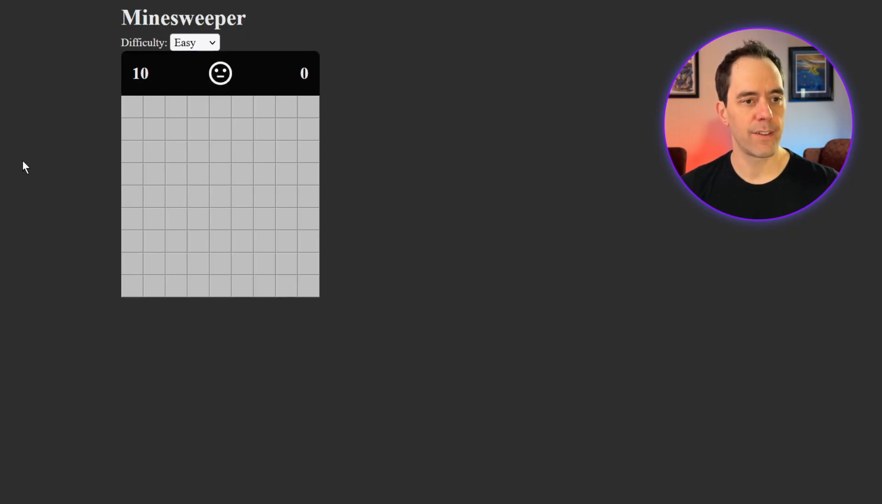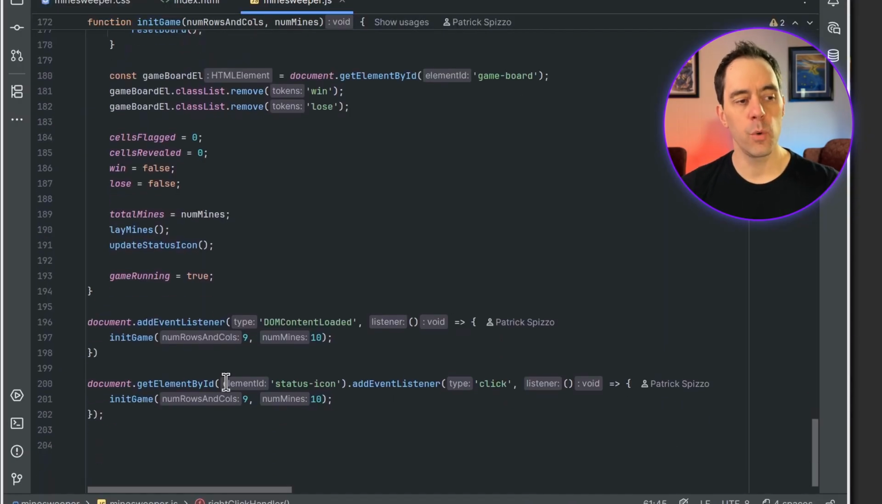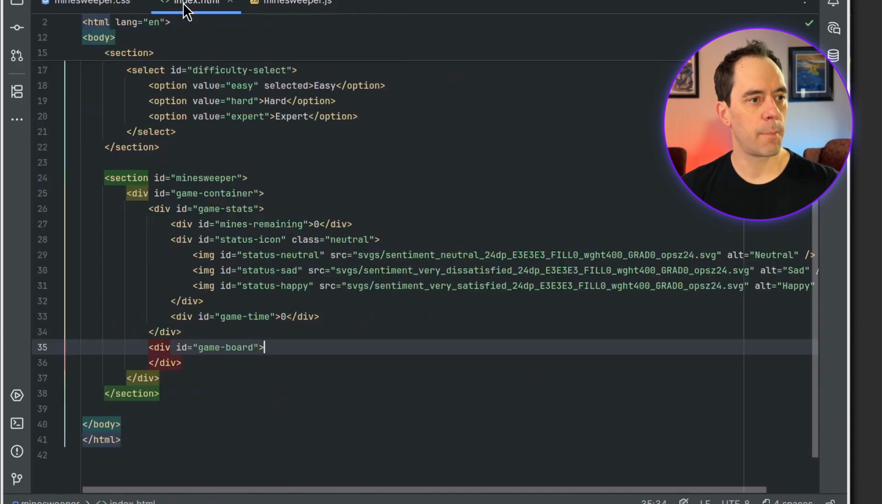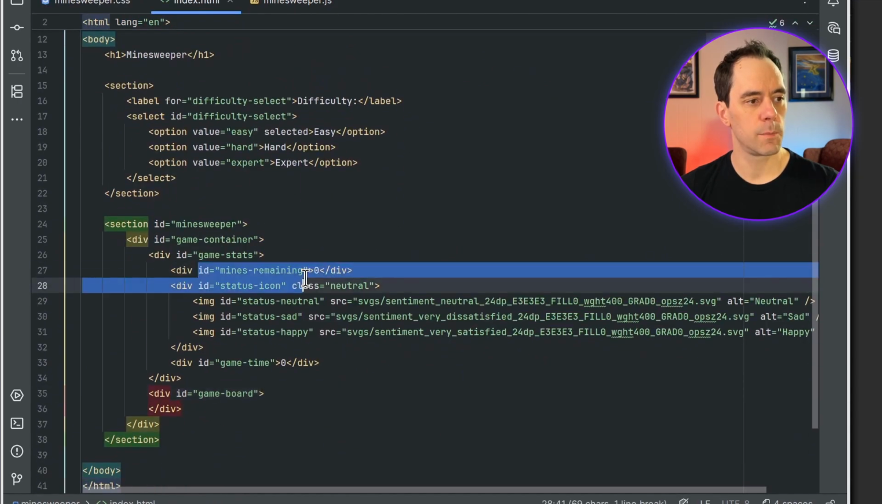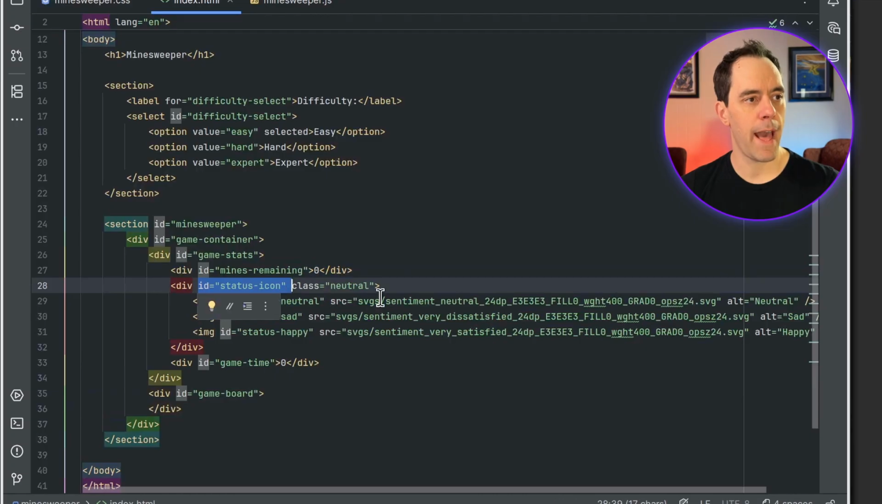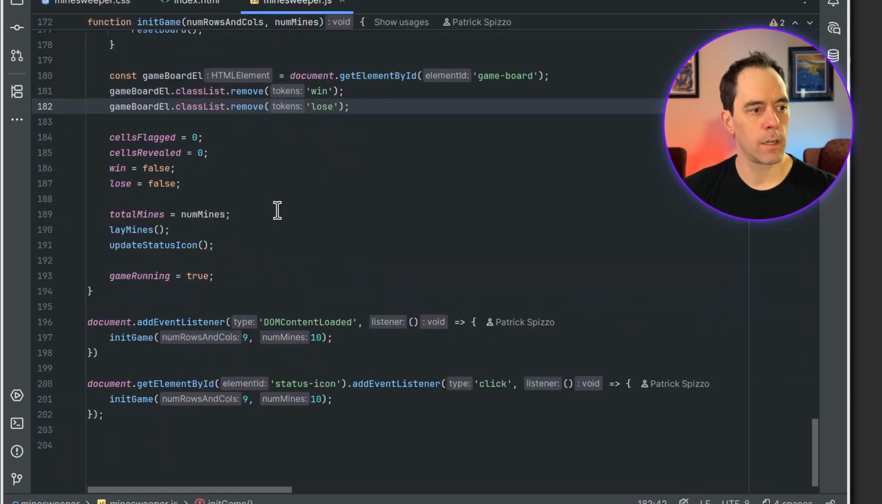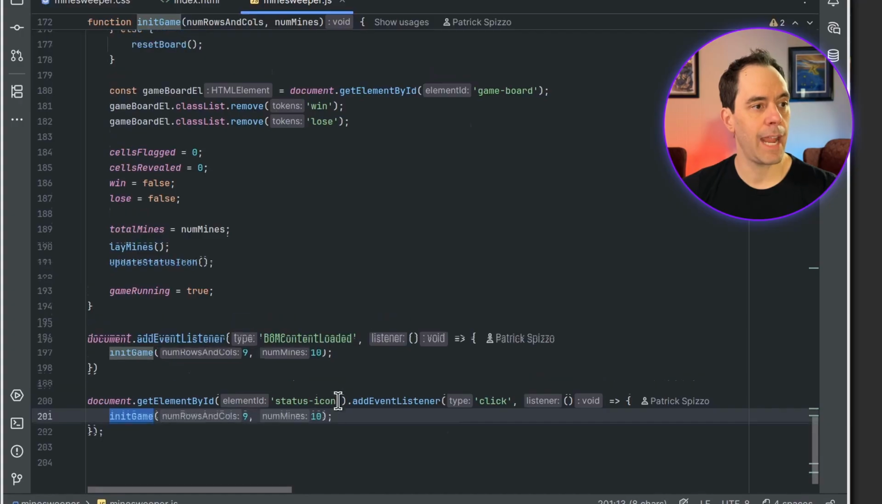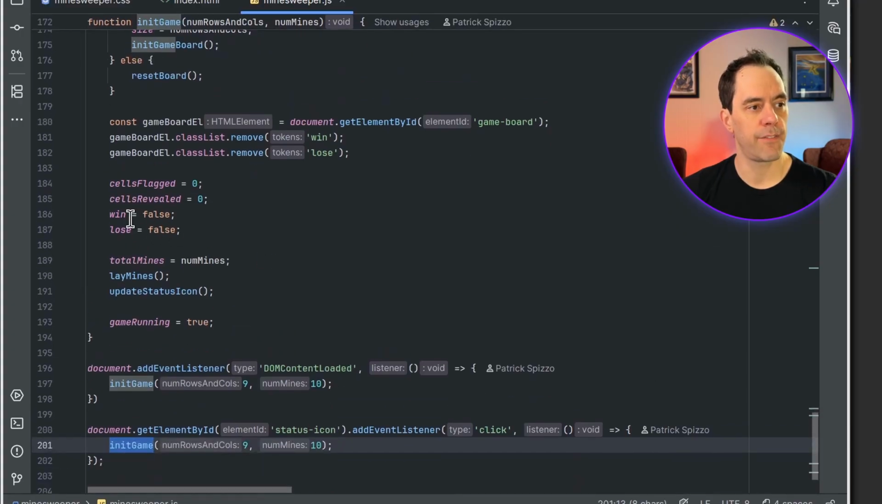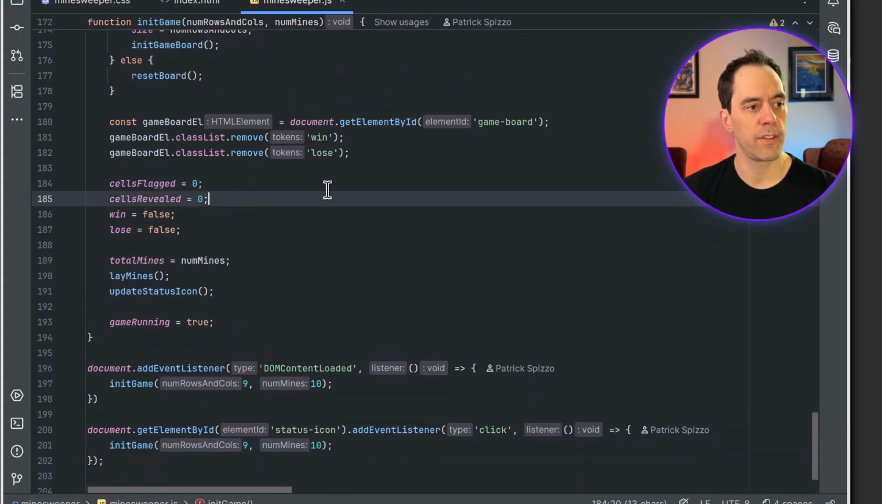So to do that, we're going to go back to our code. We're going to add a new click handler here to the status icon. This is a status icon here. If you look at our HTML up here, we have the status icon right here. So we're grabbing that and adding the click handler, and we're doing an init game on that as well. And then inside the init game, you can see we're resetting the flagged, revealed, win, loss,